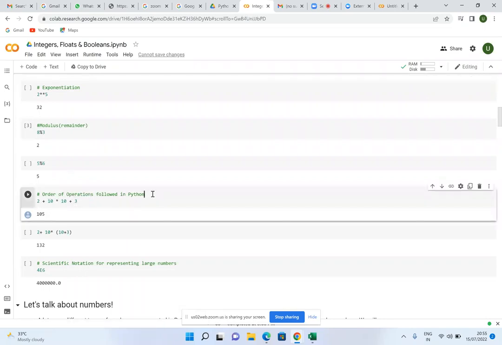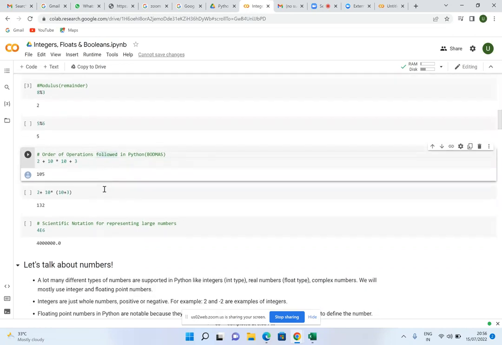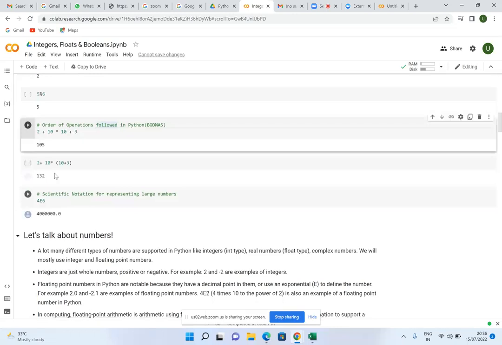It's the BODMAS rule. I will write here: division, multiplication, addition, and subtraction. So it operates in that format. First comes division, then here we don't have any division, so it takes the multiplication sign, 10 into 10, it's 100, and 3 plus 2 is 5. So it's 105. So similarly here,